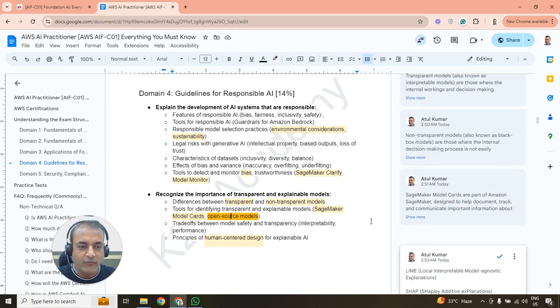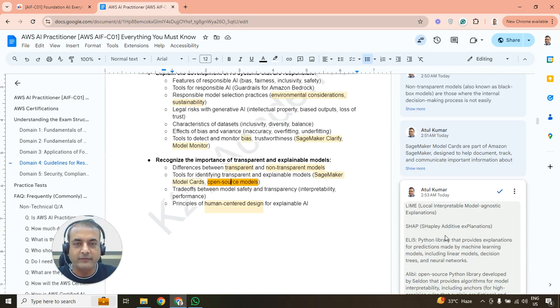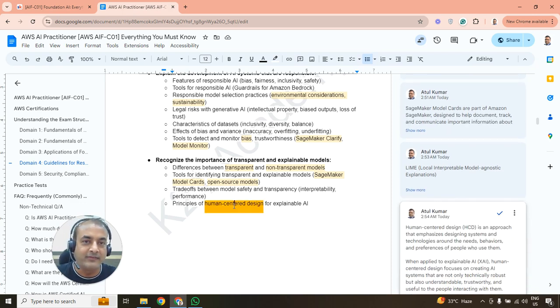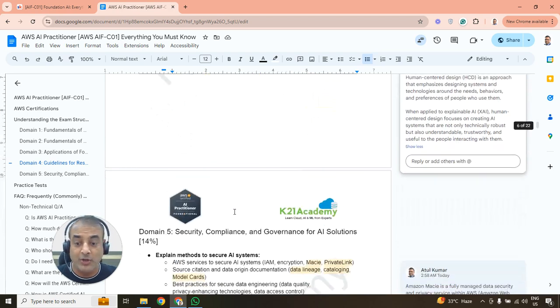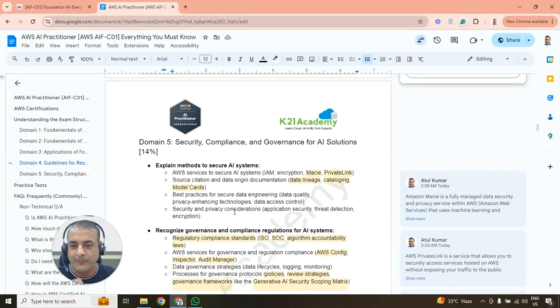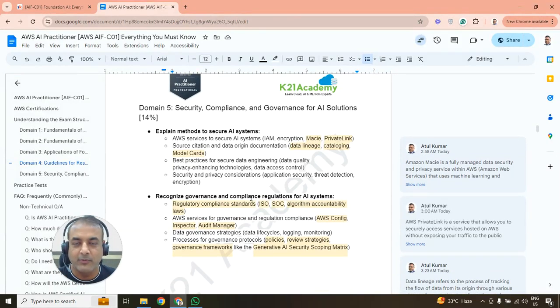Now, apart from that, you also have open source tools. We are going to look at a brief overview of SHAP and LIME, and you'll be looking at these as well for identifying transparent and explainable models. Then trade-offs between safety and transparency. Also principles around human-centered design. You should also have familiarity with what explainable AI actually means. That's module number 4. And then the fifth and final module, which is about 14%, plays a big role, which is